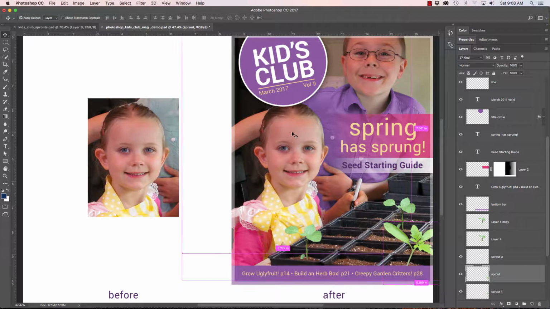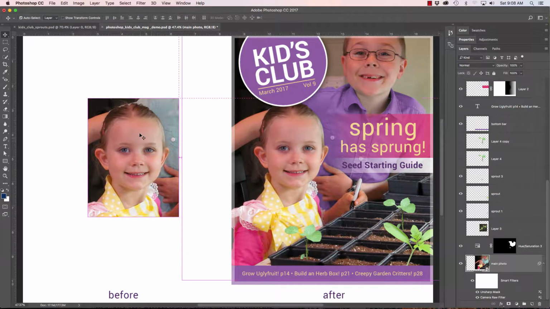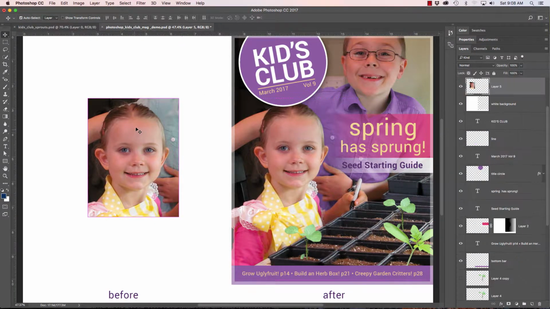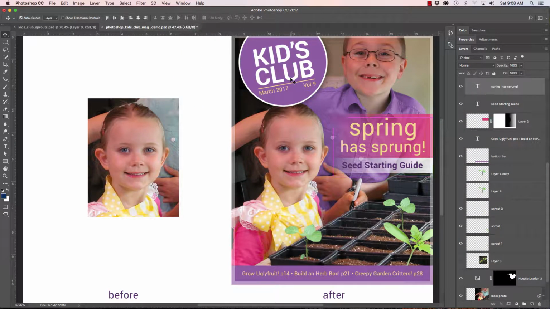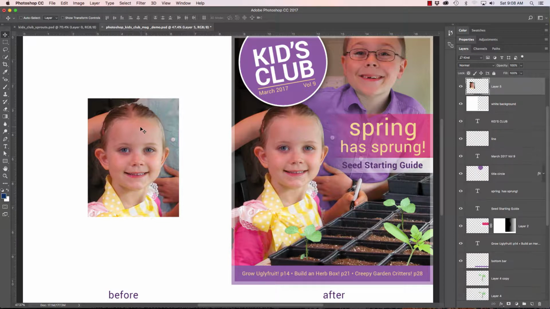If I want to know what layer she is on, I'll click there. This one, hold my command key down, click here. And I can kind of just bounce through all these different layers. So I'm on this layer over here, and